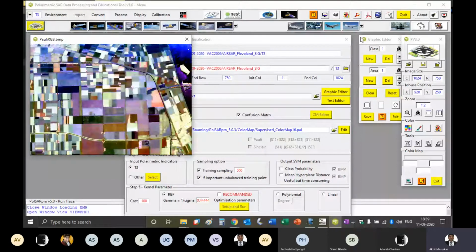Now very carefully, you have to put the classes. And do we have to apply refined Lee sigma 2 before classification? No, Utkarsh, that is a completely different process. We have to apply only Lee sigma. Don't apply one filter on another filter. Only one filter at a time.